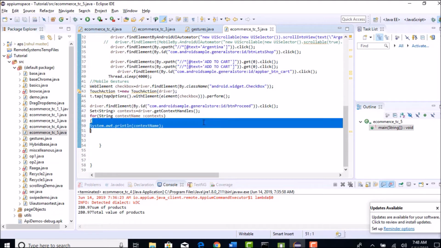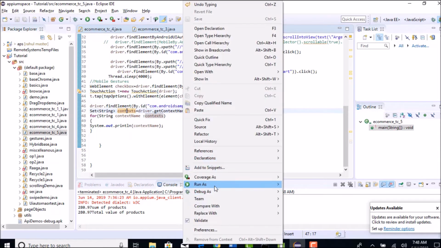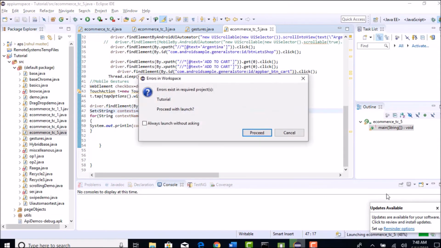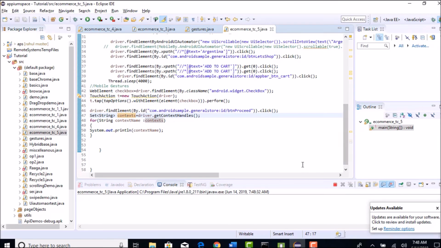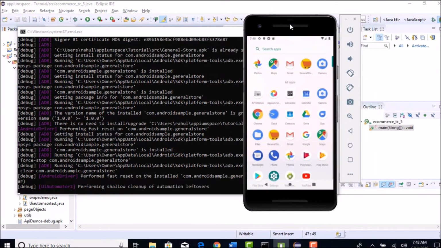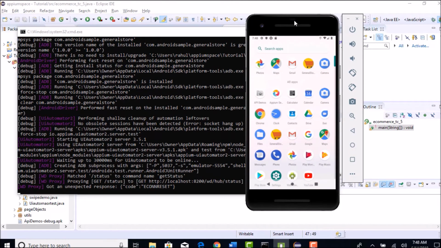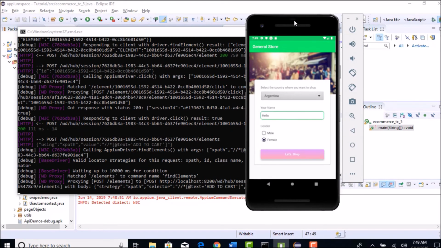So let's run this sample code and see what is printed in the output. Then we can take those context IDs to switch to the web view. Okay. So execution started.